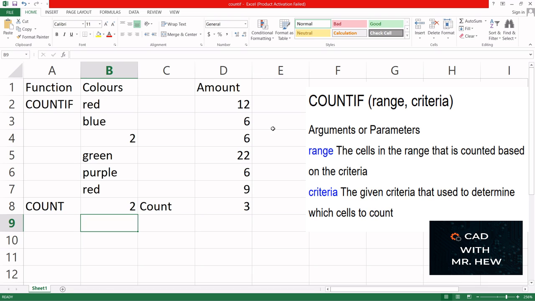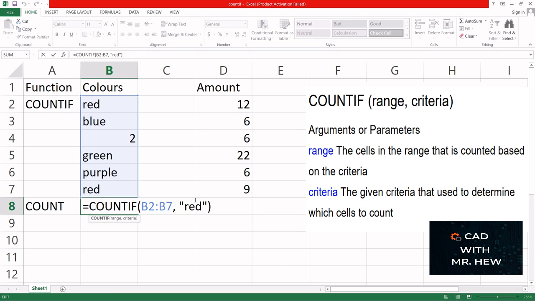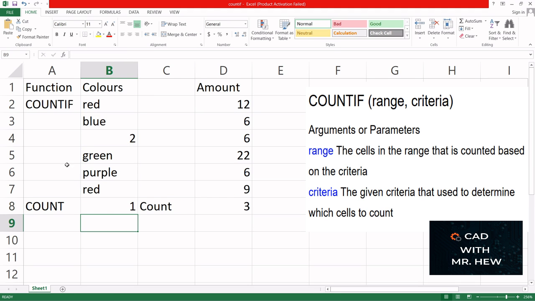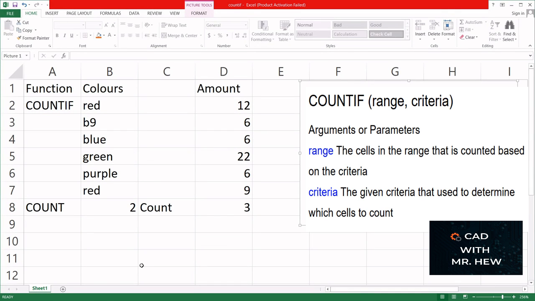So if you're looking for a number, the number 6, for example, you would type 6. And if you're looking for a letter or a word, you have to put it in quotation marks as shown in our example. There it is. So if I was to change here to blue, enter, right? I'm going to show you another way that you can use the COUNTIF function, and this way would